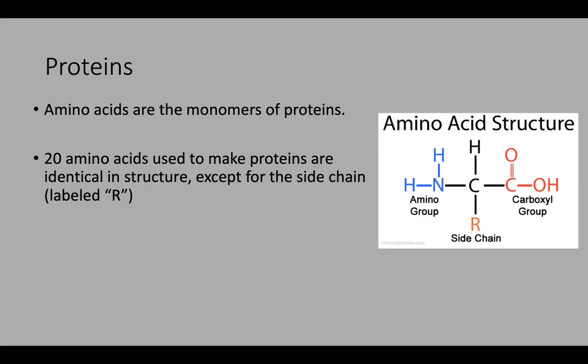The general structure of this monomer, the amino acid, is shown over here. So you want to be familiar with these different aspects of an amino acid. So you have, first off, the amino group. So N plus 2 H's. We haven't really seen a whole lot of nitrogen yet. So amino group, hence the amino acid. The other side is carboxyl, that's acidic, so amino acid.